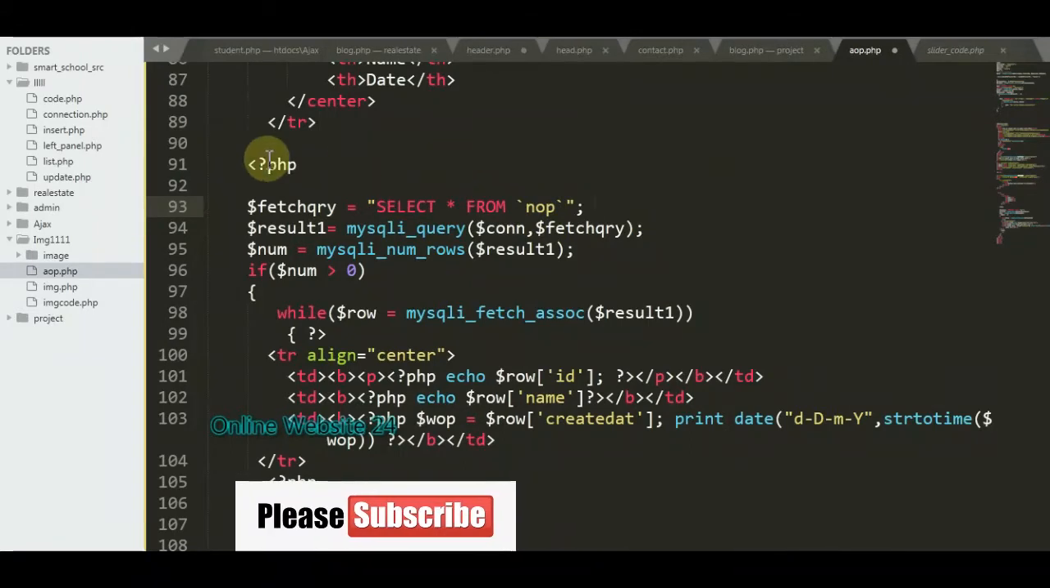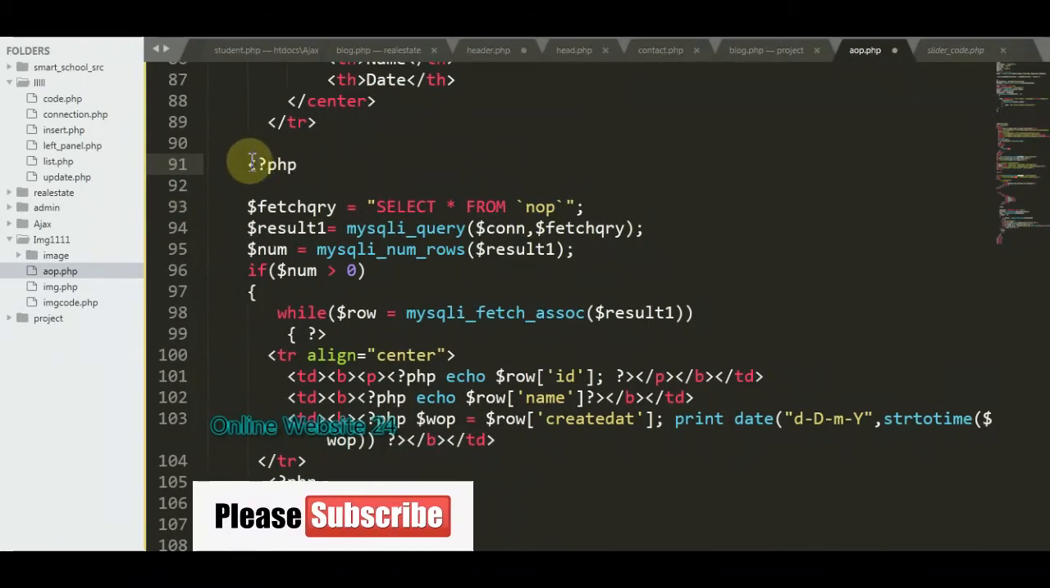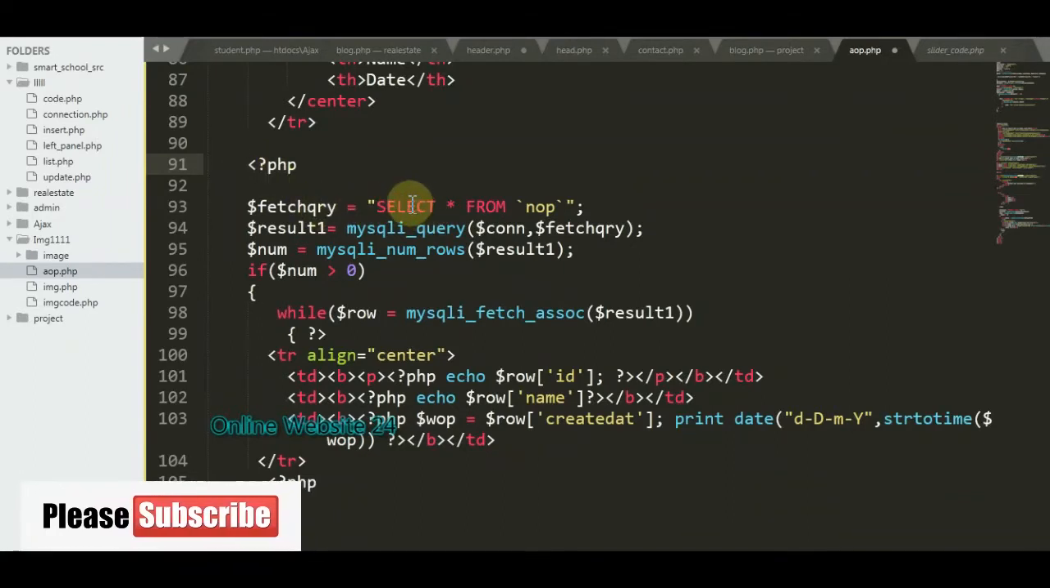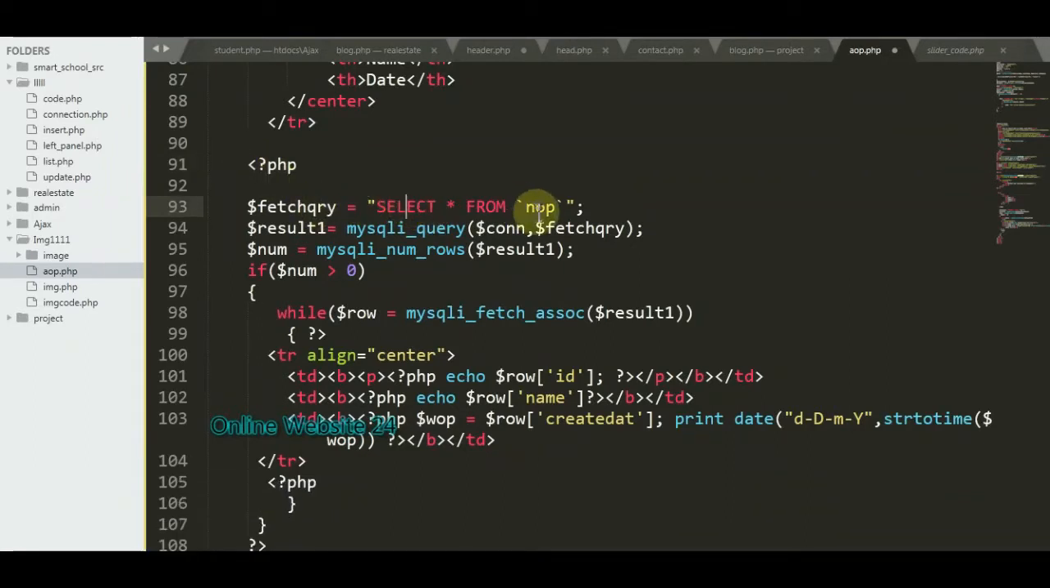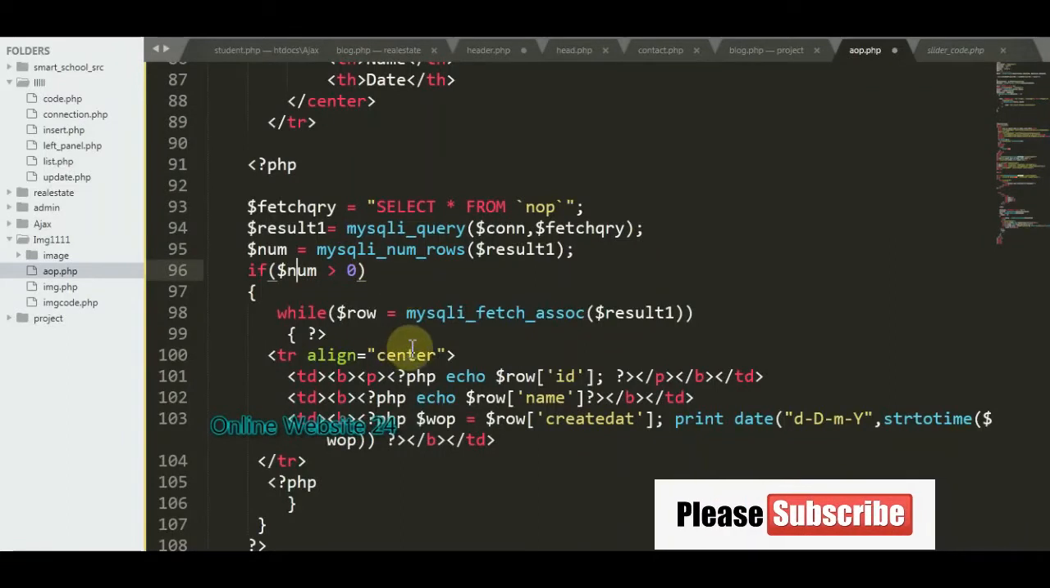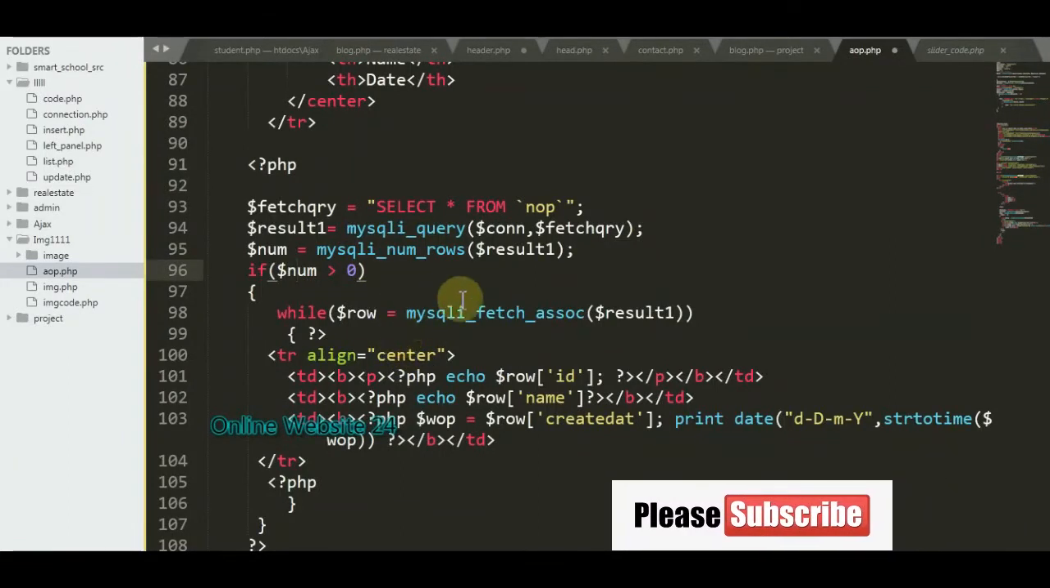Now this is the code, which you see in the front end part. This is the code: select star from the table name, that is node in my case. Then this query is executed by MySQL query, and then it checks the num rows. MySQL num rows is checked. If the num rows is greater than 0, then this query runs inside this loop, and then